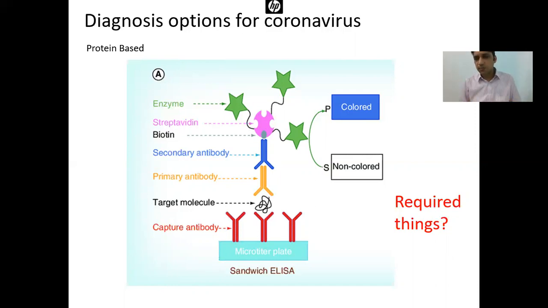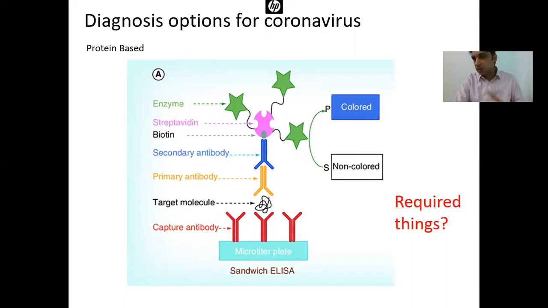The ELISA is very simple, but I'm just going through one of the most specific forms of ELISA, which is called sandwich ELISA, in which we use a capture antibody. This capture antibody is created in a way that it can specifically bind one particular protein, and you can guess this protein belongs to the virus. It's a specific protein present only in the novel coronavirus. We don't know yet. Okay, we are working. People might be very close.